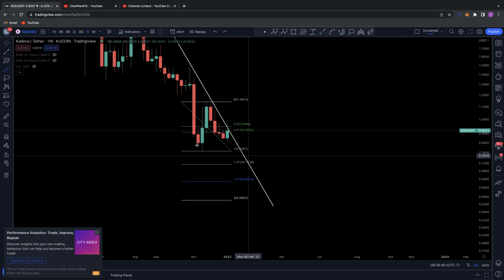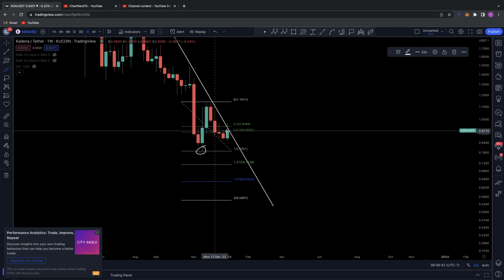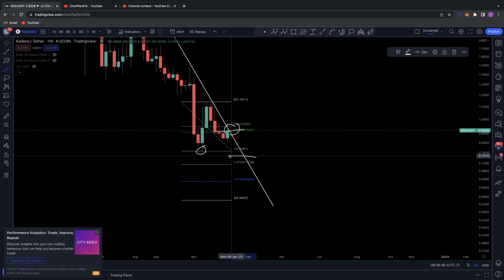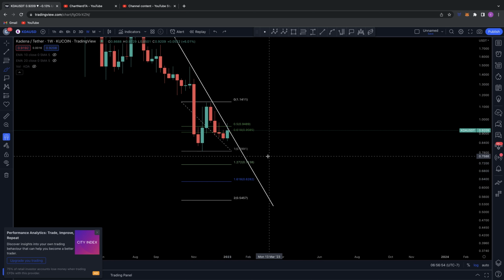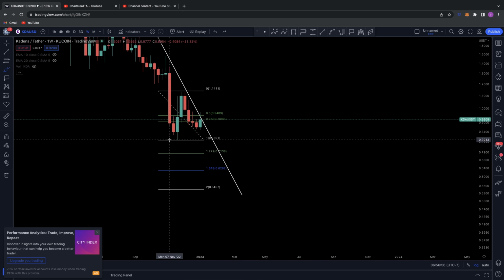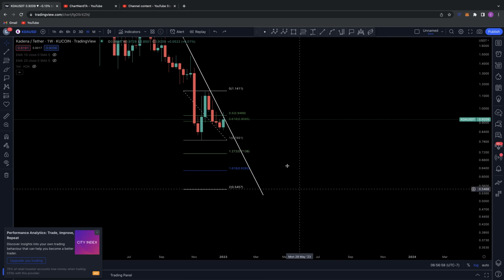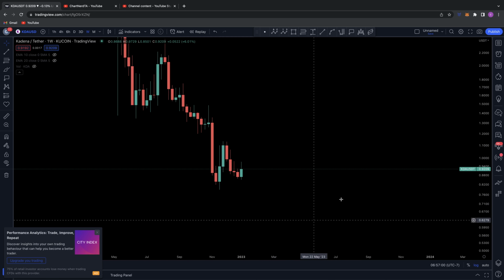Okay, so my downside targets, if this low is lost here and we don't break out above this trend line and this resistance point, my targets to the downside would be 71 to 62 cents between the 1272 and the 1618. Now the bullish targets, if this is the low for Kadena, what we could look at here is potentially